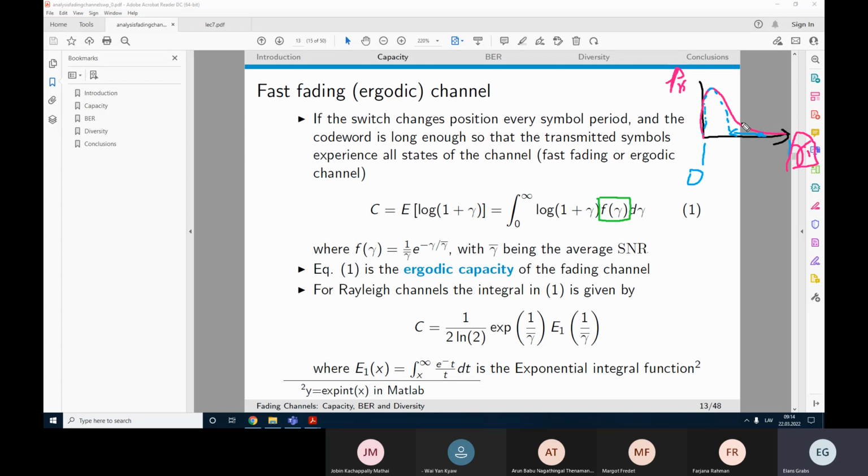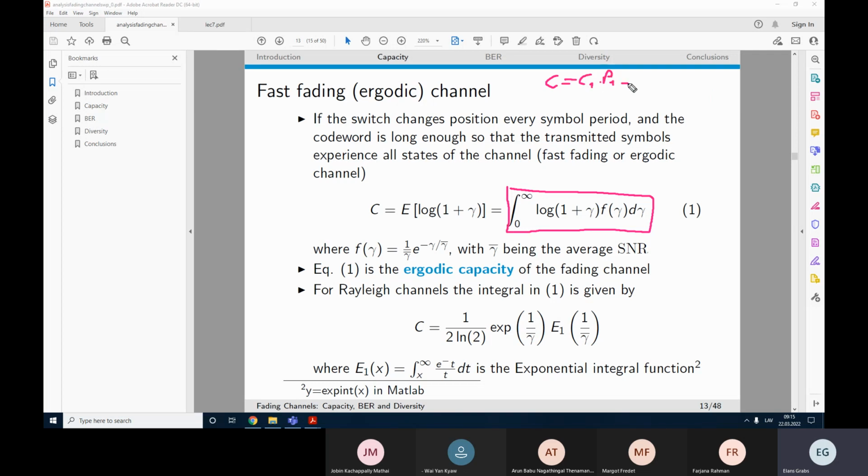And the number of such cases with different values is infinitely large. So as I said, this is the integral form of that equation when I calculate the total capacity as C1 multiplied by probability 1 plus and so forth, which for a limited number of events would be Ci,